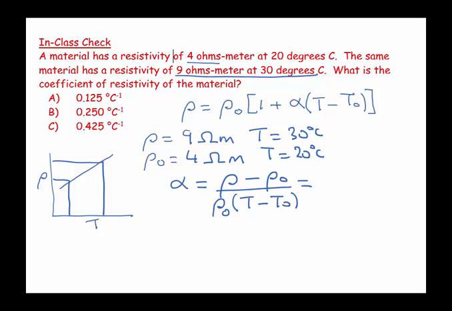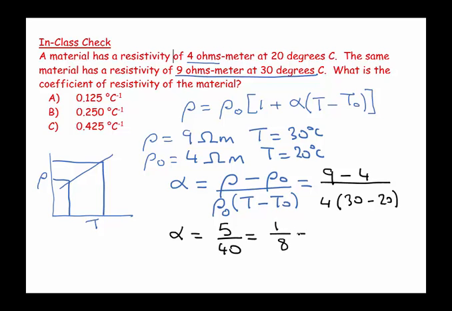So if I substitute numbers in, I have 9 minus 4 over 4 times my temperatures, 30 minus 20. So my alpha is equal to 5 over 40, which is 1 over 8,